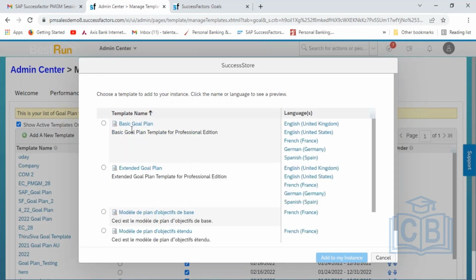you have this basic goal plan and extended goal plan. Only two goal plans are there. Basic goal plan does not cover the categories. Certain categories will be there, and those categories will not be covered. Extended goal plan comes with certain categories. To show you the category, let me